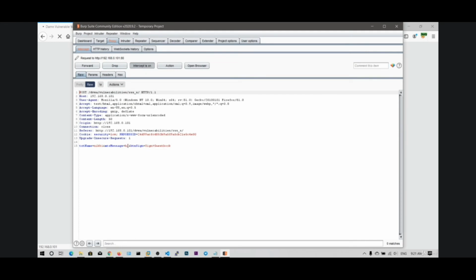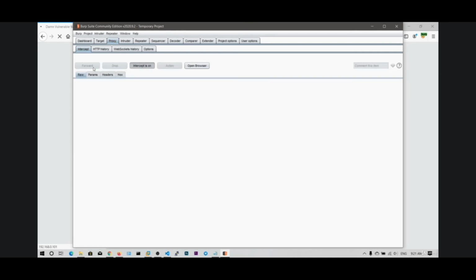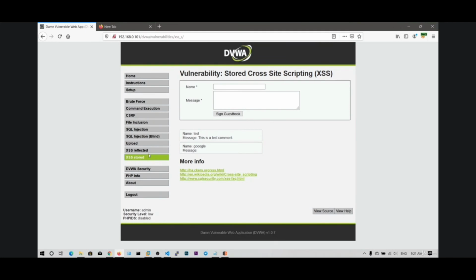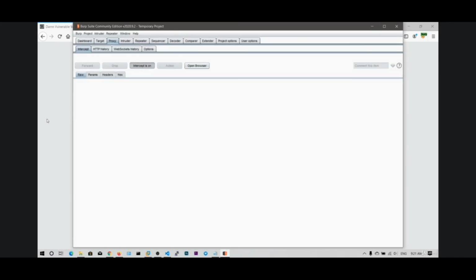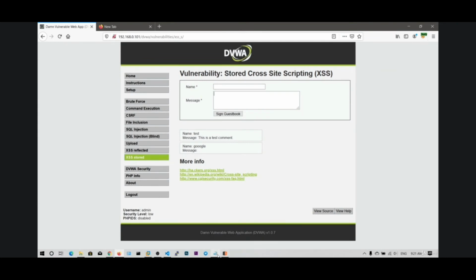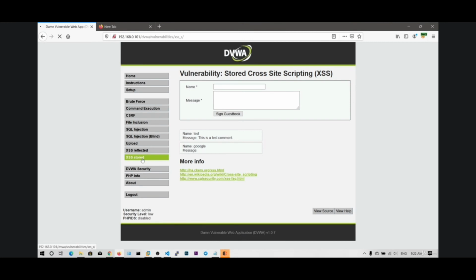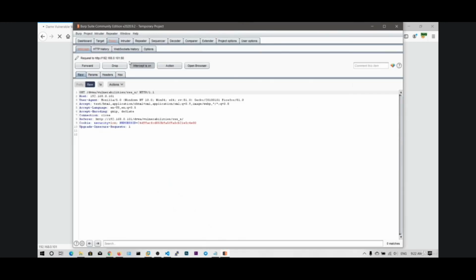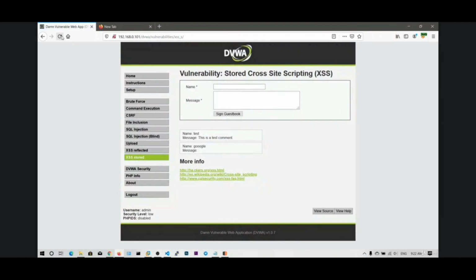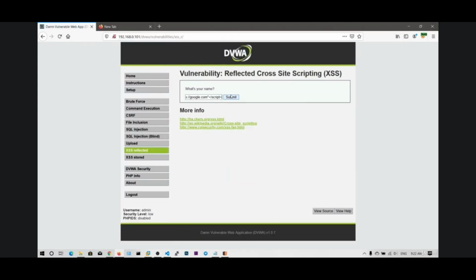And instead of this message hi, I am going to copy this here. Now you can see my full JavaScript payload has been pasted successfully. I can say forward. Okay, maybe my script, let me type in the reflected, paste, go.